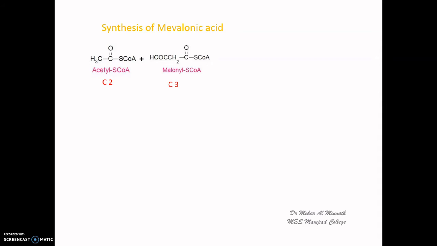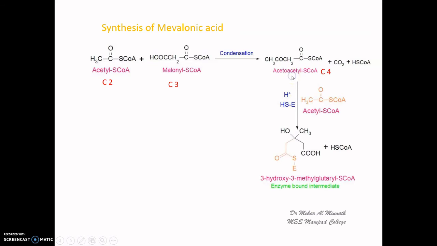So, this 2-carbon and 3-carbon compound will condense together to form acetoacetyl-CoA, a 4-carbon compound. One carbon atom from this acetyl-CoA, malonyl-CoA condensation is lost as carbon dioxide. You can see here, we get acetoacetyl-CoA, which is a 4-carbon compound. Now, this 4-carbon compound again combines with one more acetyl-CoA, one more 2-carbon compound, in the presence of enzyme again, and forms